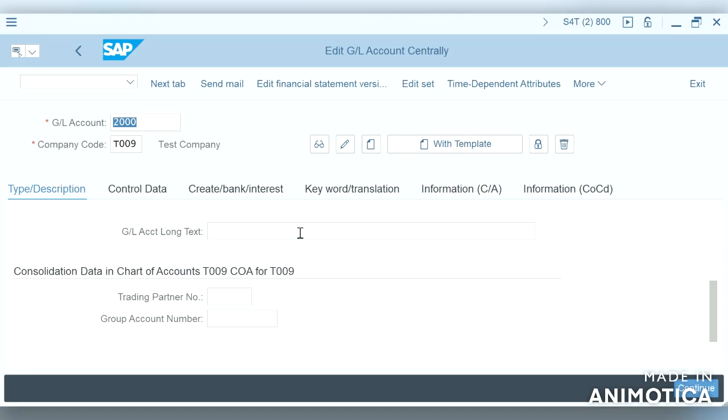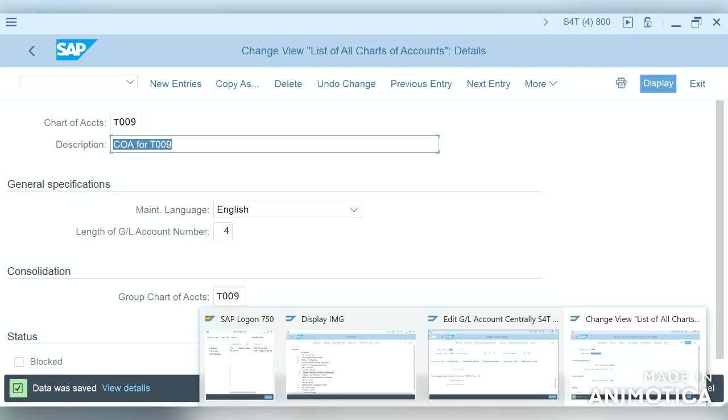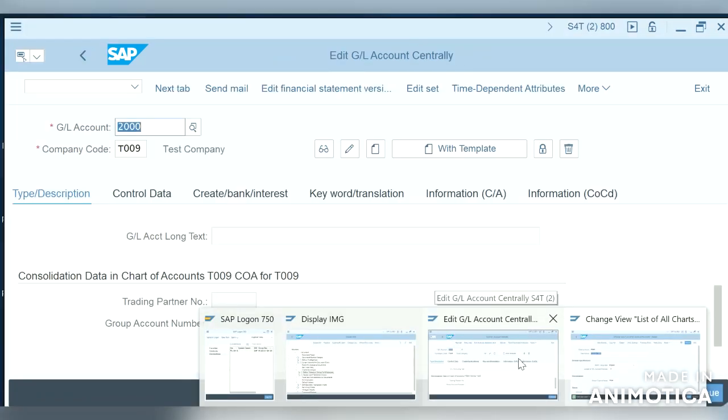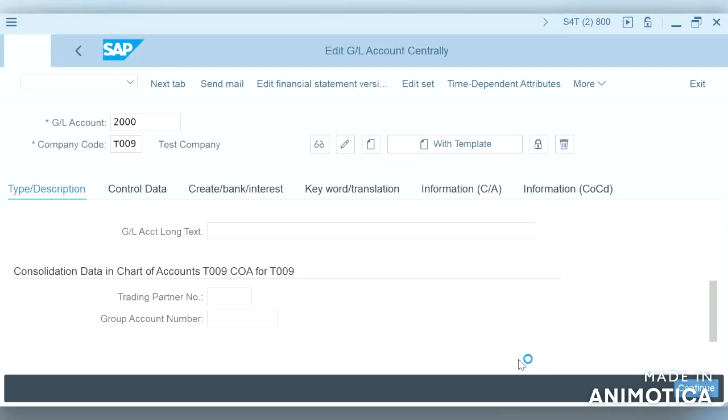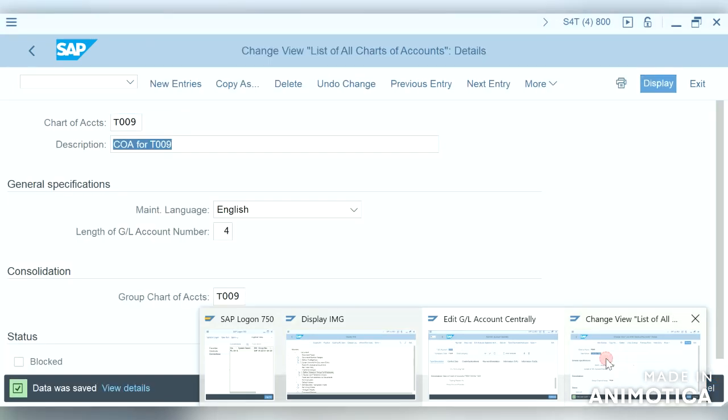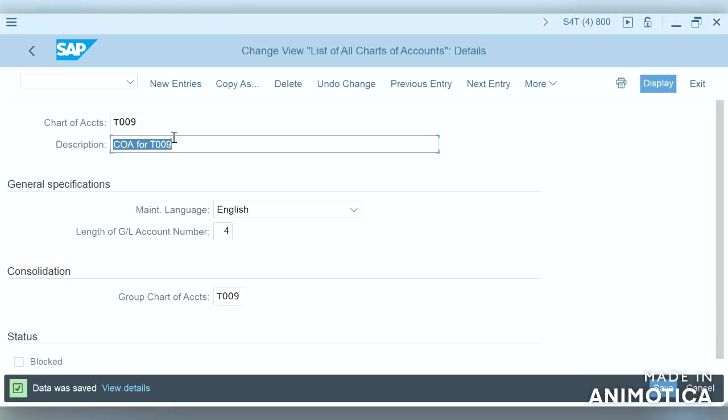While we were creating the GL account before, we were not able to find the group account number. So what I did is I went back to chart of accounts and updated the group chart of accounts, let me show you. So this one.